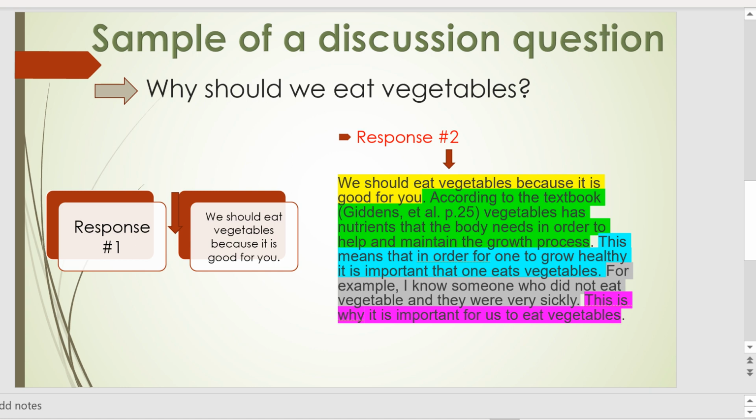Now, let's look at response number 2. You want your response to reflect this example. Now, the author begins by saying why we should eat vegetables. He or she then went on to find supporting documentation from the textbook, including the corresponding page number, and presented